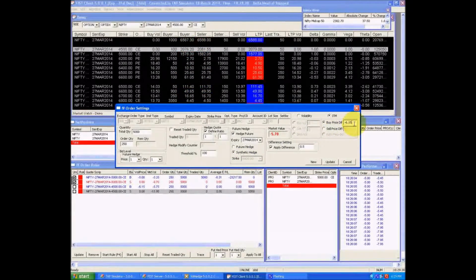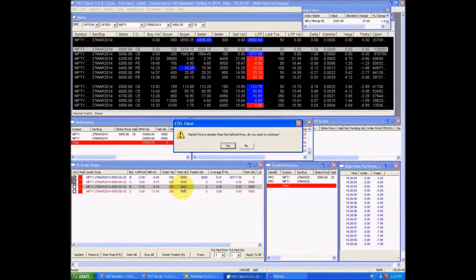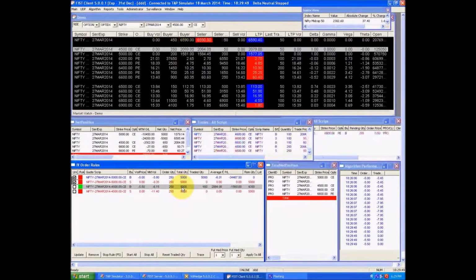I have to place an order for buying an option, so I place 5.5 as my discount price. Update. Here you can see that the 4500 strike is being bought.